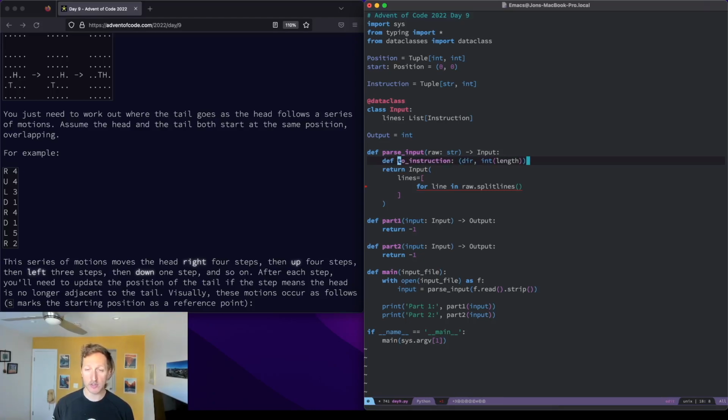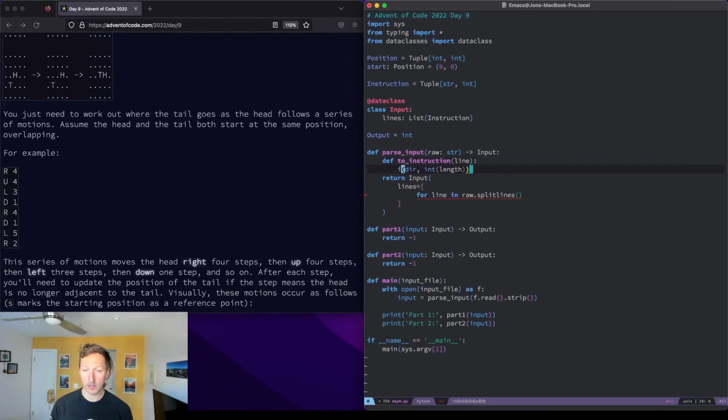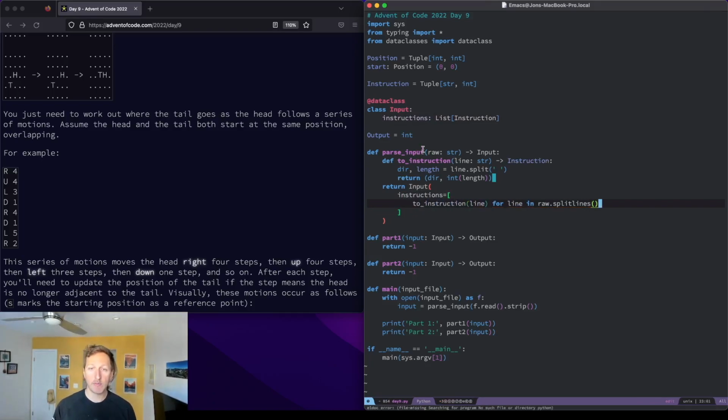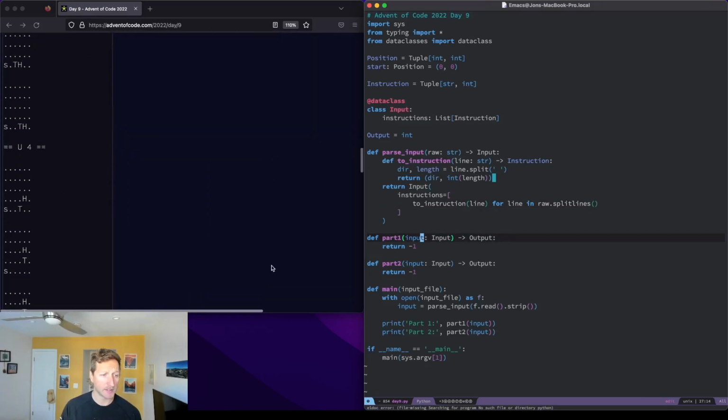This needs to be a function. Line. Whoops. dir, length equals line.split on space, and return the tuple. And this is a str, and this is an int, and we can do instructions. Okay, so now we've parsed the input into instructions,